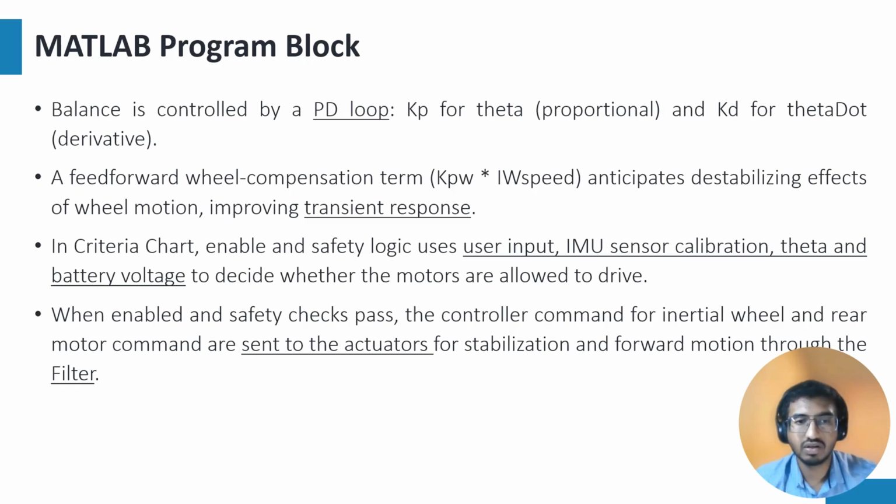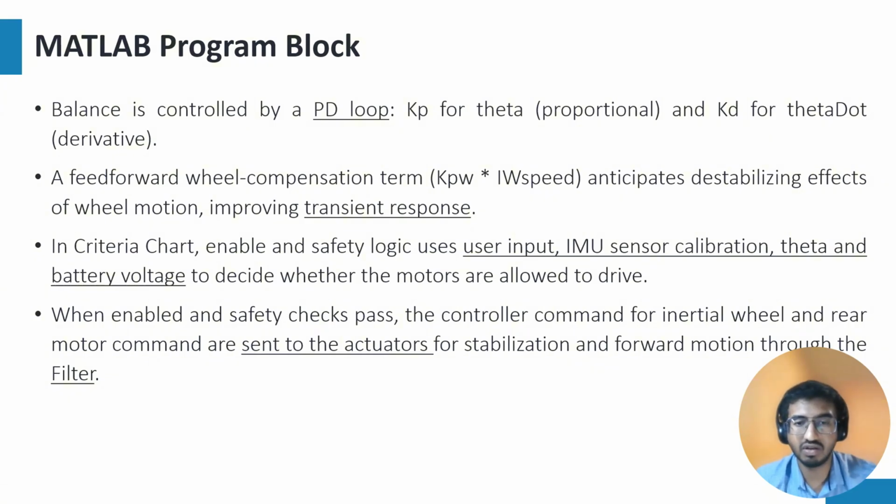MATLAB program block. Balance is controlled by a PD loop, where Kp for theta is the proportional element and Kd for theta dot is the derivative element. A feed-forward wheel compensation term, which is a product of Kpw and inertial wheel speed, anticipates destabilizing effects of wheel motion, improving transient response. In the criteria chart, enable and safety logic uses user input, IMU sensor calibration, theta, and battery